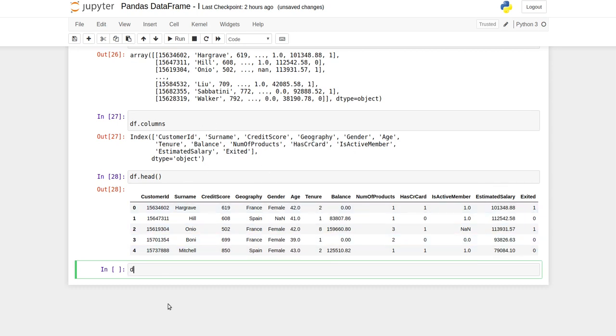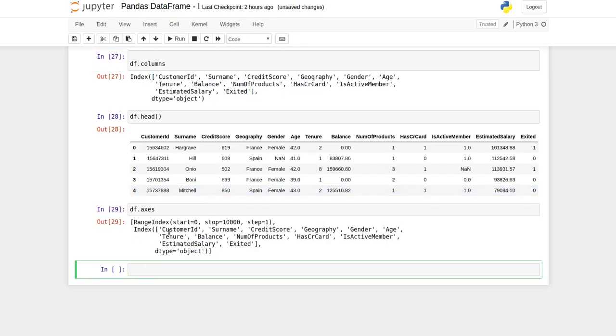Similarly, we have the axes attribute, which gives me both the axes. First it shows me the range index, what is the index, and in column wise, what are the values in column wise and what are the values in row wise. And next I can show we have an info